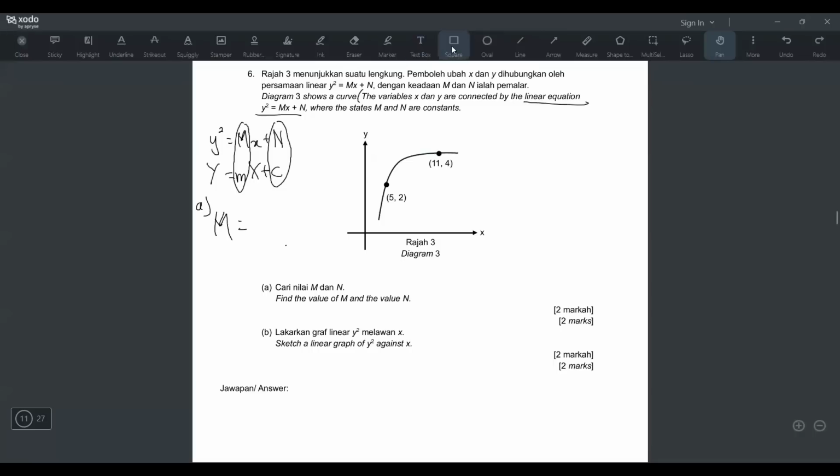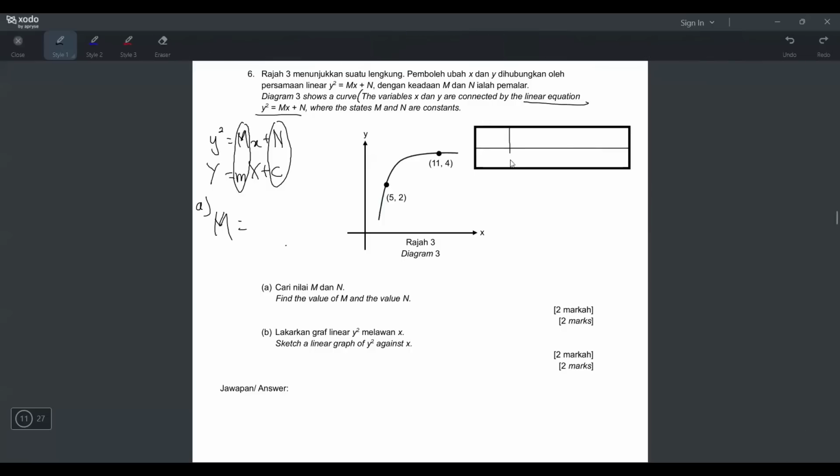Okay, so let me show you how you should do it. I'll draw a table. Actually you don't need to draw the table, I just draw it because I want to explain using a table. So what you do is you draw a table, and you need to know that the 5, 2 and the 11, 4, this is not